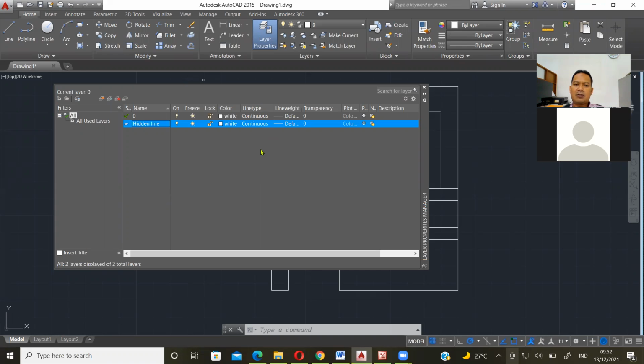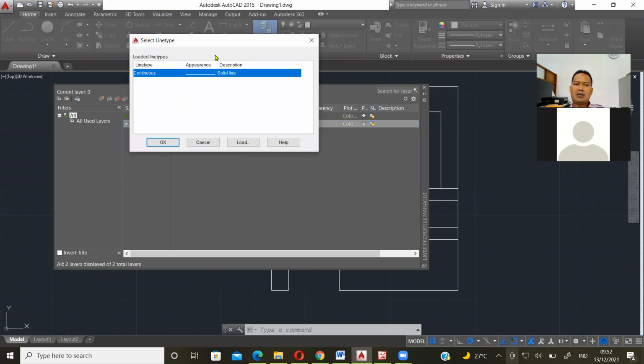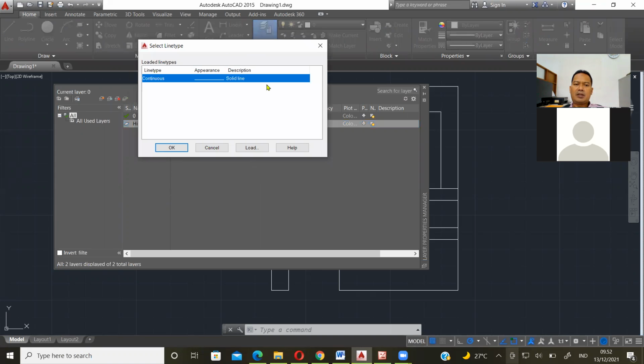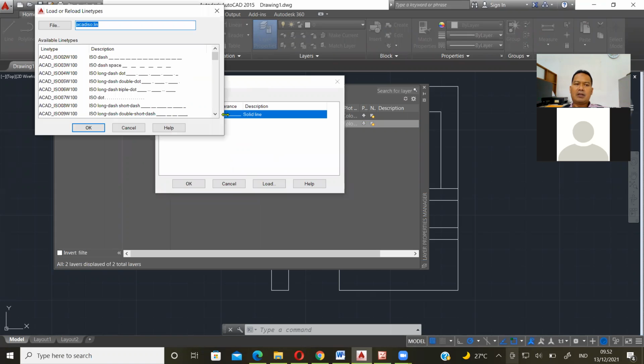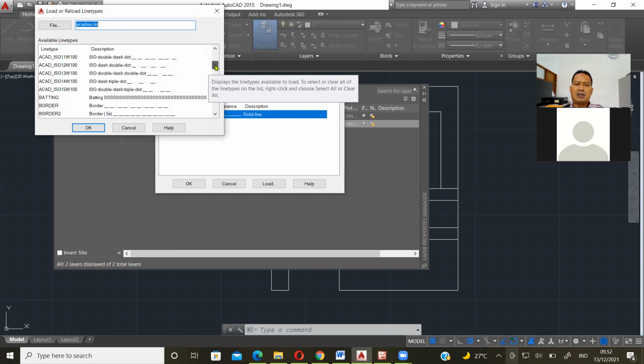Just click continuous, and then a new window will appear, but in here only one line, and then you can click load to find the hidden line. For example, this is the dash space, and for another types,